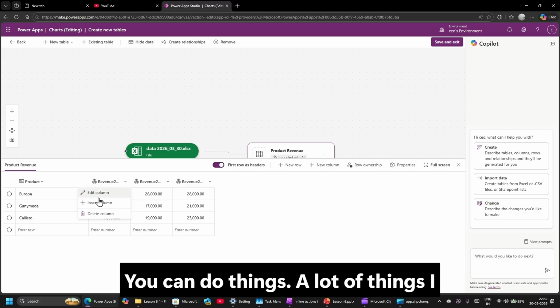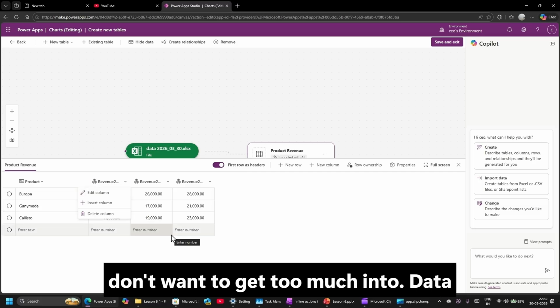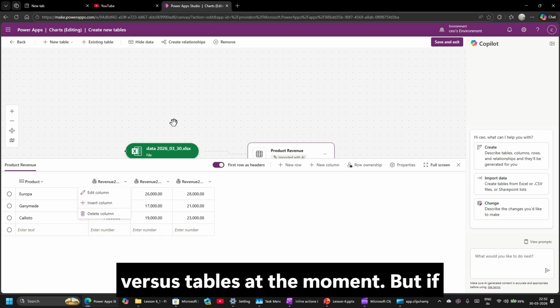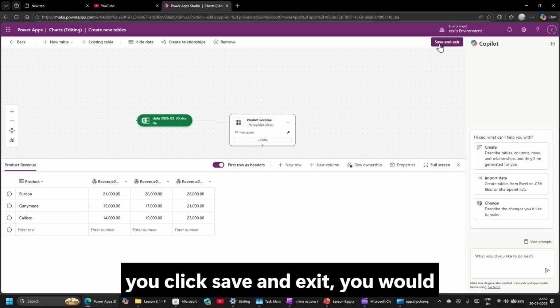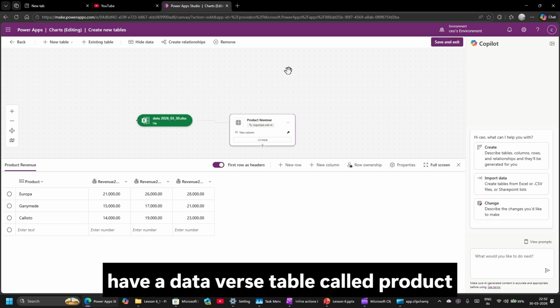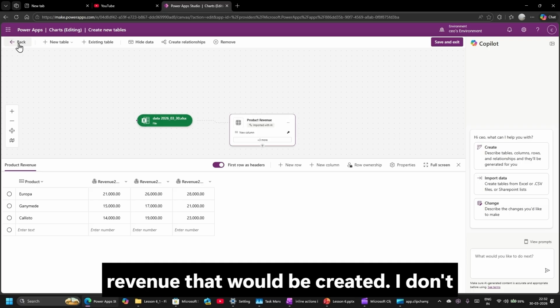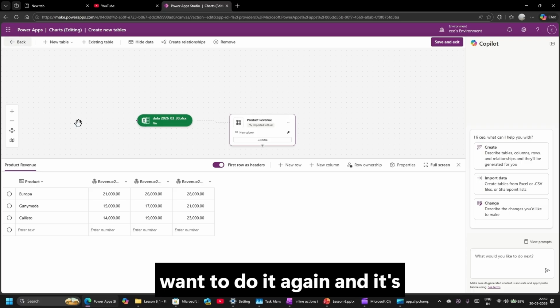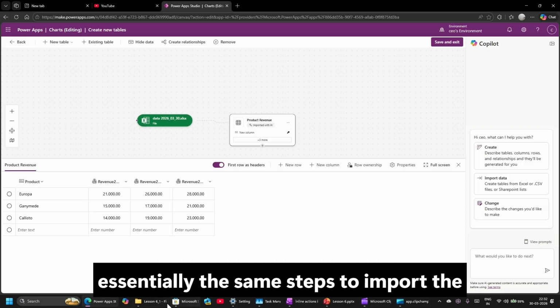And you can set the type. You can do a lot of things. I don't want to get too much into Dataverse tables at the moment. But if you click save and exit, you would have a Dataverse table called product revenue that would be created. I don't want to do it again. And it's essentially the same steps to import the other one,